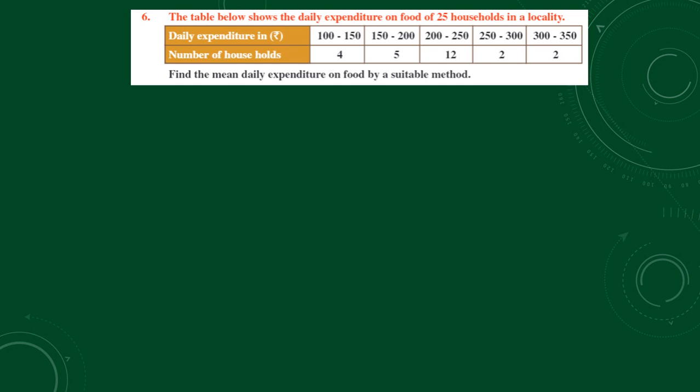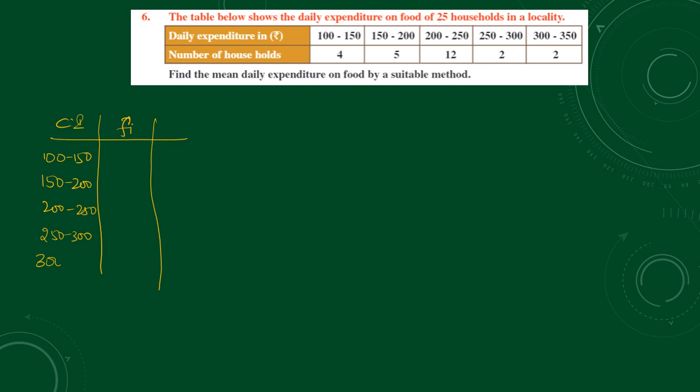The daily expenditure in rupees is the class interval. After the class interval, we have the number of households, which is represented by fi. See here the class intervals: 100 to 150, 150 to 200, 200 to 250, 250 to 300, 300 to 350. Next, the frequencies are given as 4, 5,